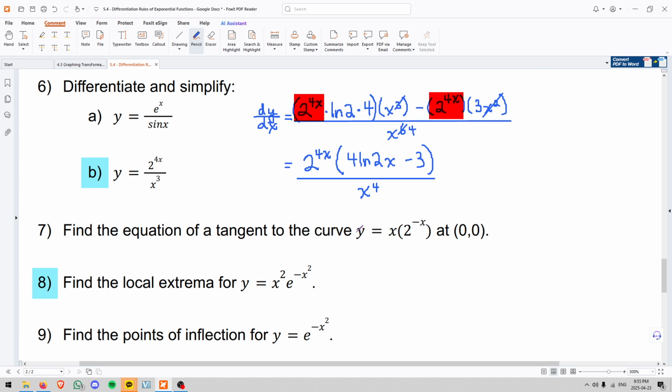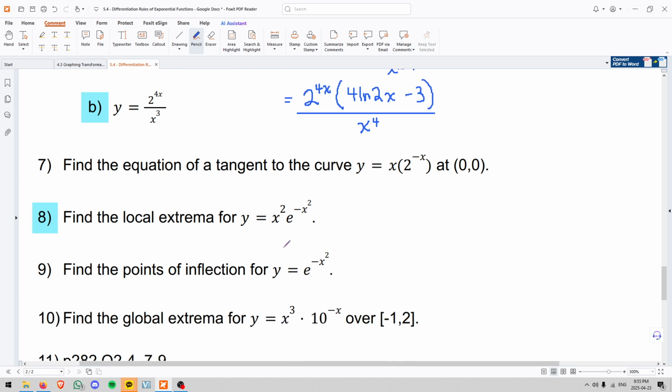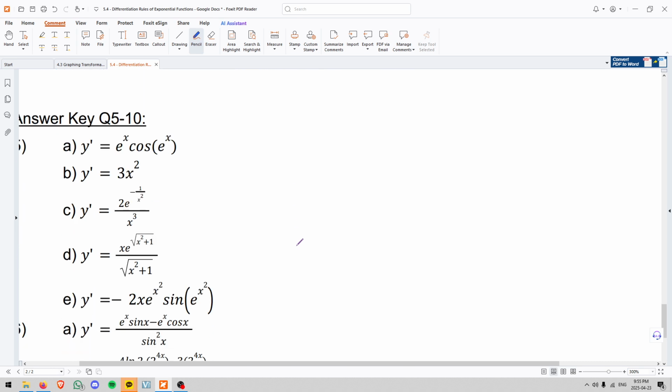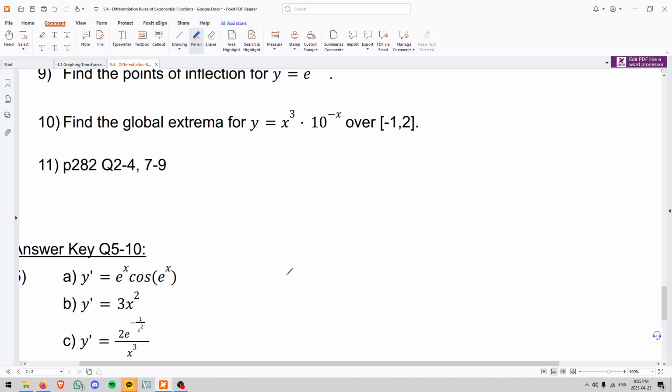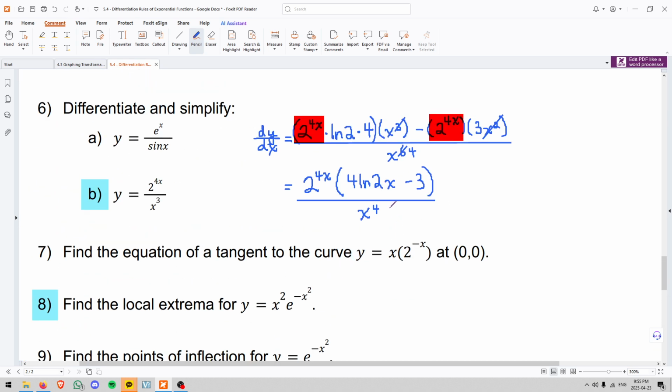That's it. Just, shall I dare? Let's take a look at the answer key. Question 6C. Oh, it looks to me that I did not factor out 2 to the power of 4x. Again, that's totally fine. But I think it's a good habit to look for that, just in case, let's say,